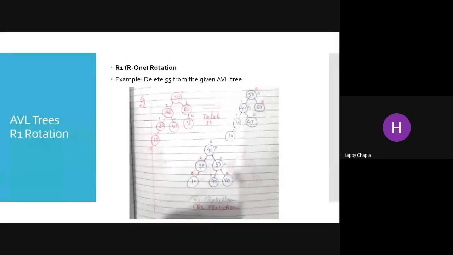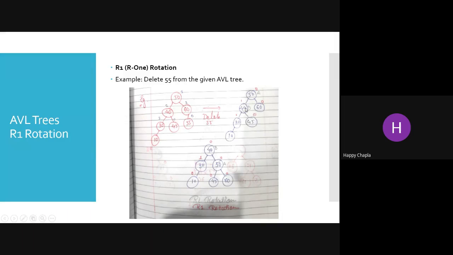Okay. So here in this example, where we have 55, we are trying to delete that node. So if we are trying to delete this node, what will happen? So you can see over here that 50, 40, 60, 30, 10 and 45 are as they are, I am deleting just 55. So what are the balance factors after deleting 55? So here you can say the balance factor is 0. Now what is the balance factor of this node? So 1 minus 0, answer is 1. This is my leaf node, so the leaf node balance factor is 0.